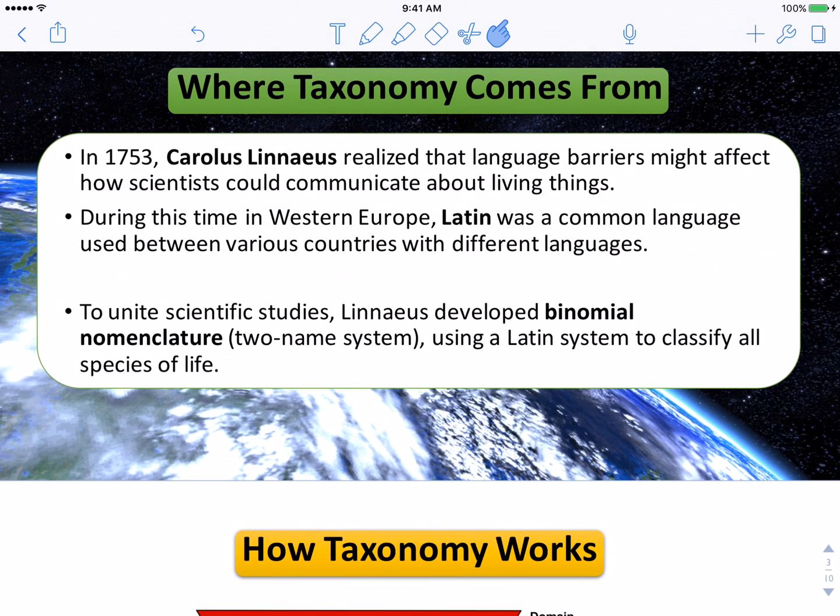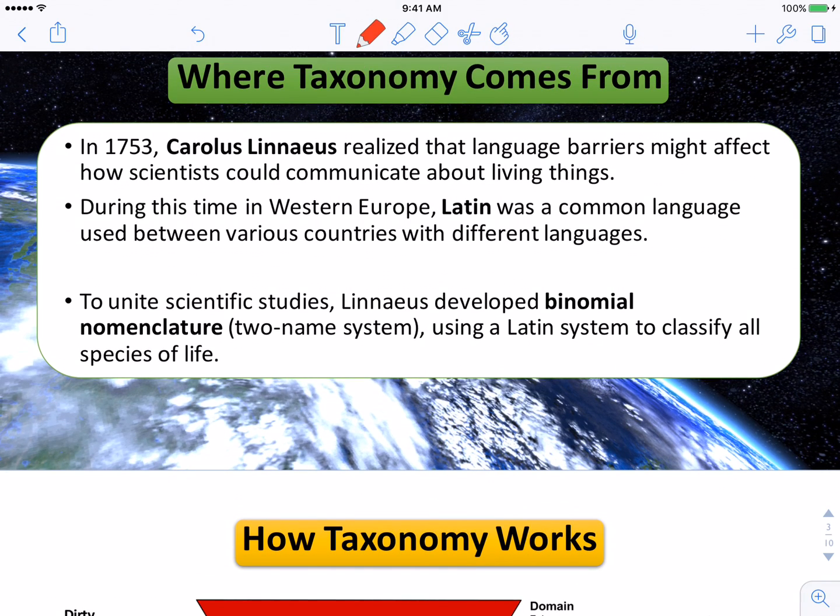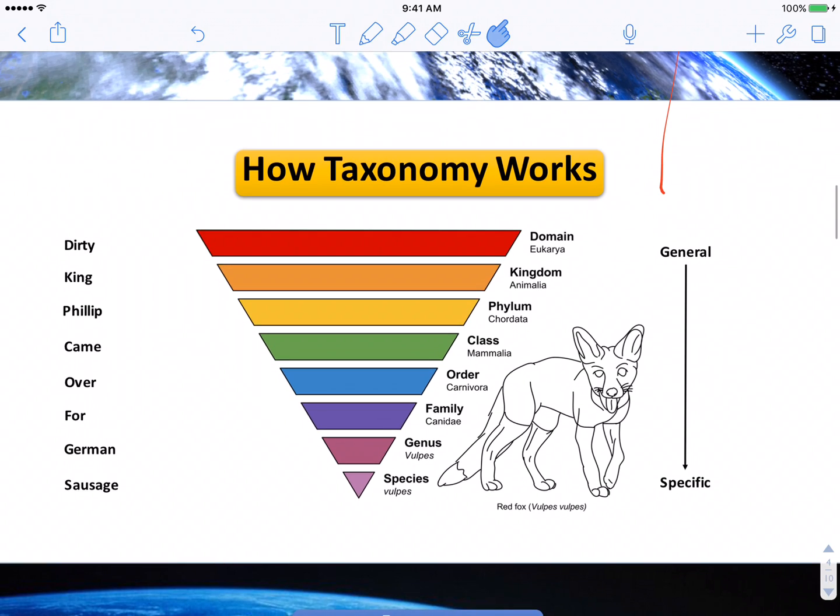The gist is, in the 1750s, Carolus Linnaeus was a scientist who realized that we needed to be able to communicate to other scientists in other countries. So to make sure we had a universal language of communication, he developed a system called binomial nomenclature. That would be the two most specific groups in a taxonomic pyramid, which we're about to see right here. That pyramid starts out at the most general level. So this domain